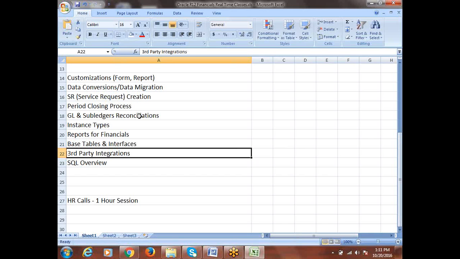When you are working in real-time projects, we should not expect that if a client is going to implement our Oracle product, they will go with Oracle for all their business operations. They may use Oracle Financials and Oracle SCM from Oracle, and HRMS from another third party, maybe PeopleSoft. Now PeopleSoft is also an Oracle product. They may use some other applications as their business process solution.